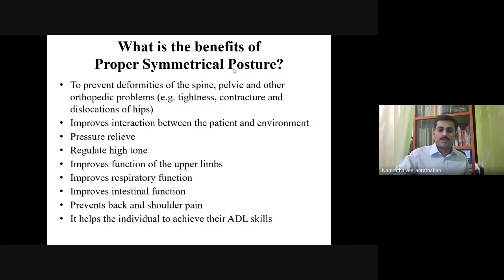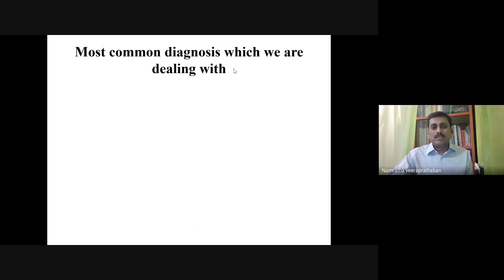Finally, it helps the individual to achieve their ADL skills. So this is the benefits of proper symmetrical posture. Now, let's move on to the common diagnoses we are dealing with in the seating and mobility clinic in PMR